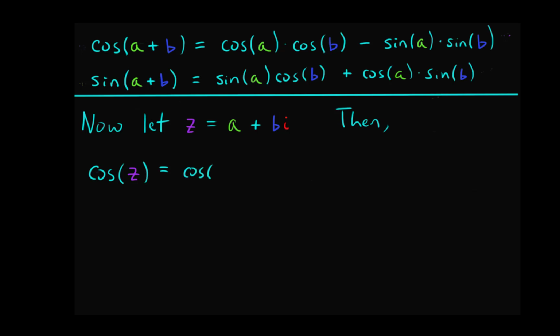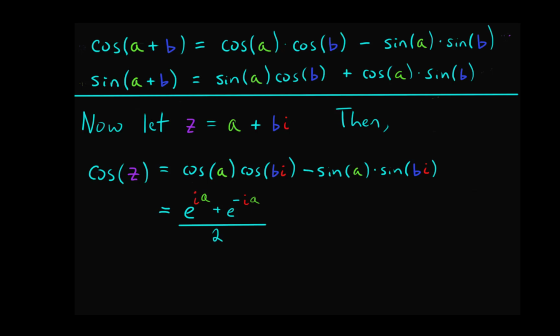If we do that, then we would have cosine of z equals cosine of a plus bi, which we know by our sum of angles formula above would equal cosine of a times cosine of b times i minus sine of a times sine of b times i. So let me put that all on one line, and now we can make use of our definition of sine and cosine in terms of Euler's identity for the real variable case to extend this definition to complex variables, because